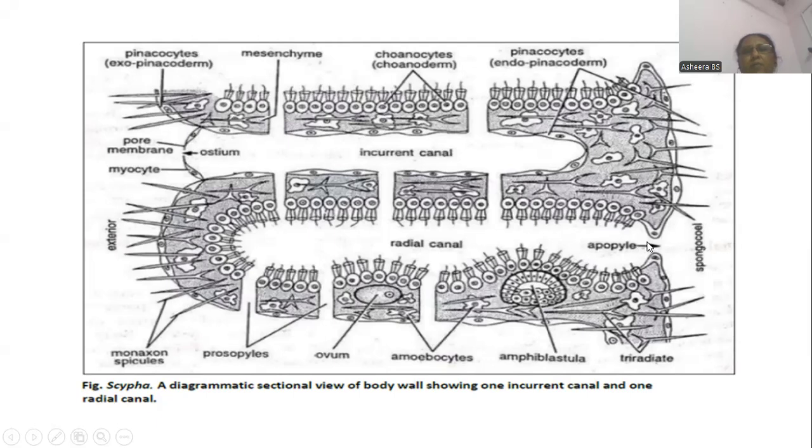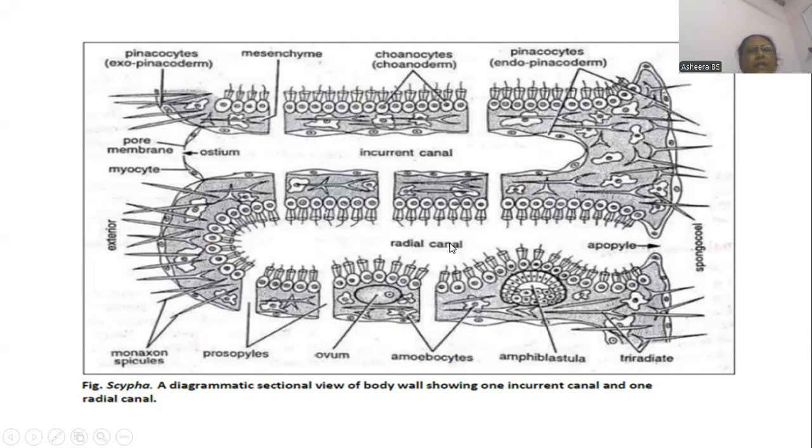You can see here the apopyle. This is the outer part, the water present here, the exterior. This is the spongocoel, the body cavity that is present. So like this you can see. And this is the choanoderm layer